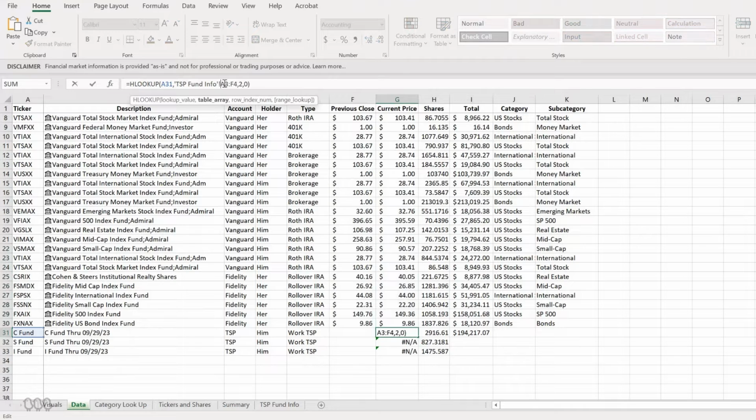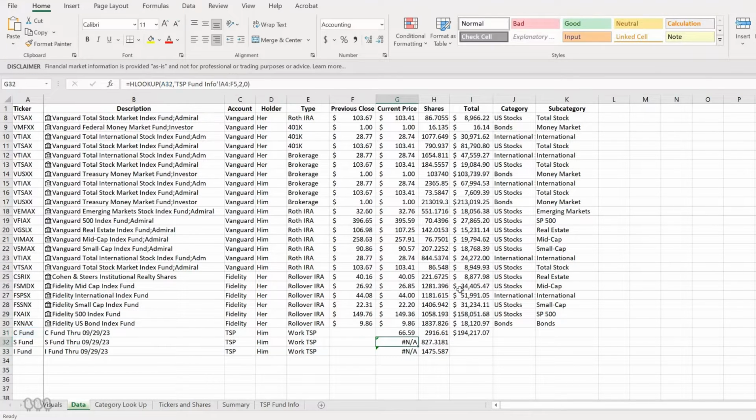I'm going to do an absolute reference here. And then I can bring that down. All right, so now we have our current price for those funds, and we have our total, and now we can bring in our category by just dragging this down, but we get these NAs.